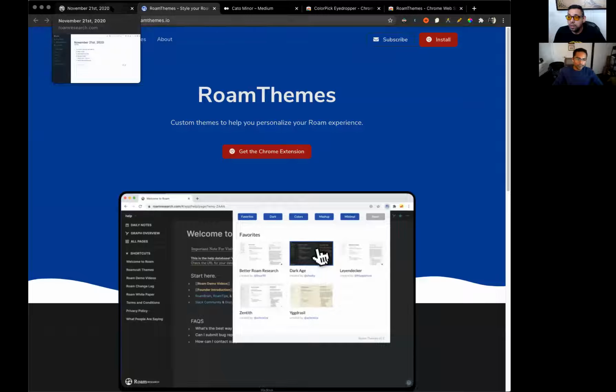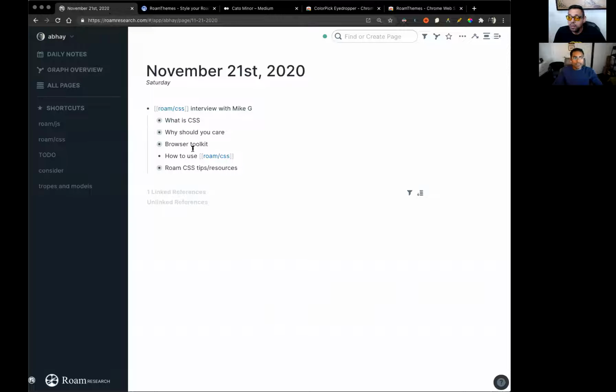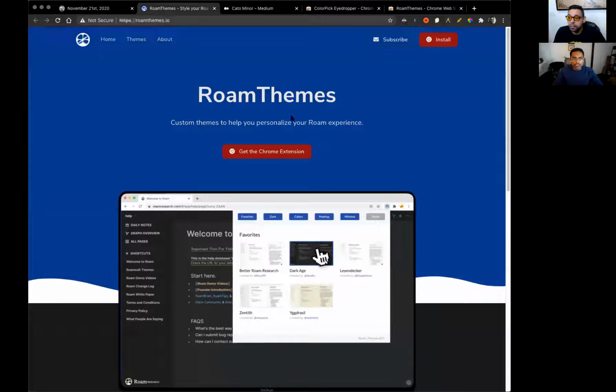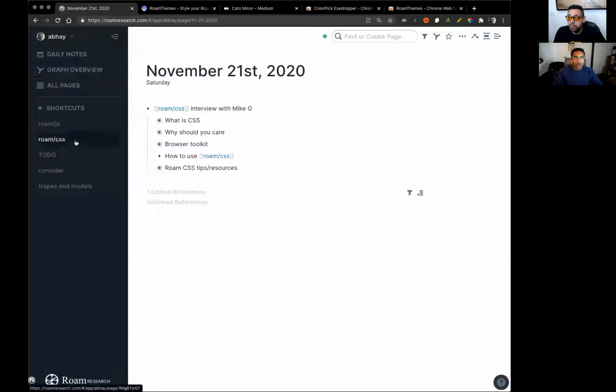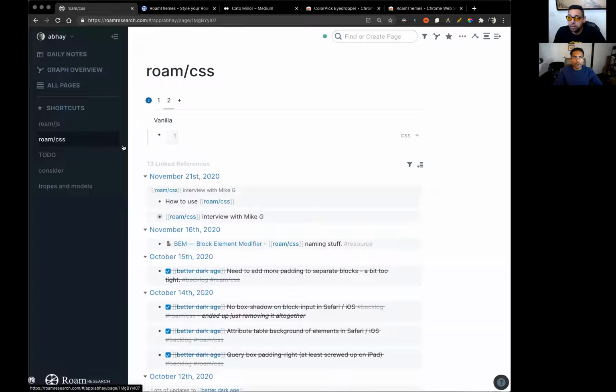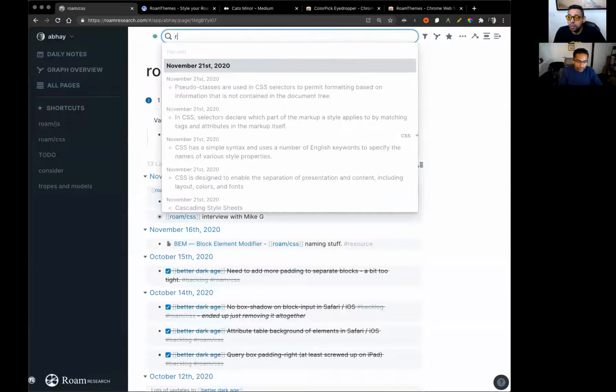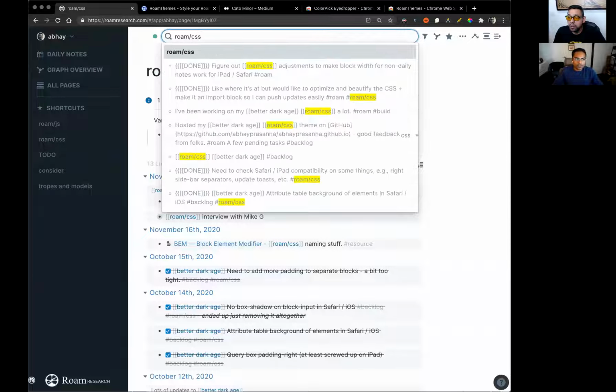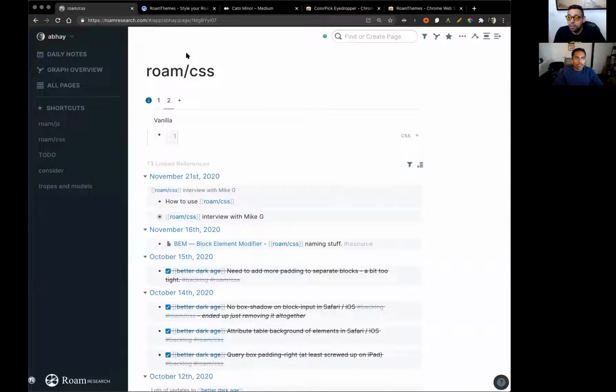changes they're making. And the other thing I'll say is, in addition to having an extension or using Stylus, Roam actually has done something really cool, which is that within native Roam itself, they've created the ability to add a CSS theme using code blocks in Roam, right? So what does that mean? That means that if you on your Roam database create a Roam/CSS page, then when you click that,